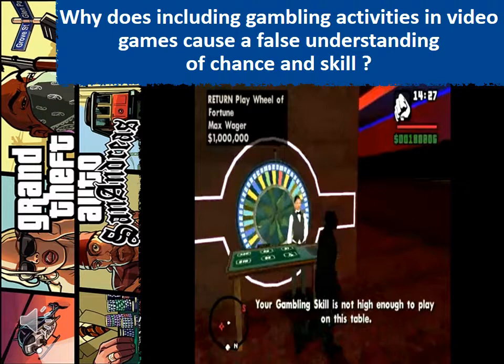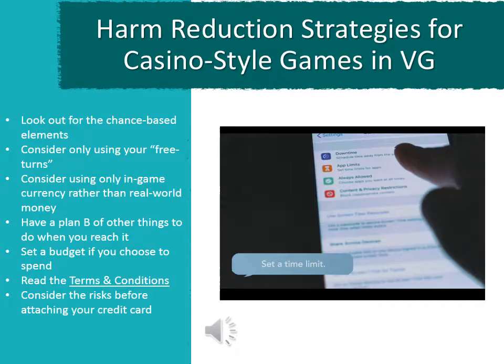We know that gambling is a game of chance, which means you cannot get better at it with practice. This game may falsely lead players to believe that gambling is a skill-based activity and that they can practice to improve at it. However, this is not true. If a player increases their gambling skill within the game and then enters the casino in the real world, they may falsely believe that they are more skilled at the activity because of the game. This is how the lines between gambling and gaming can become blurred when casino-style elements are incorporated into video games.